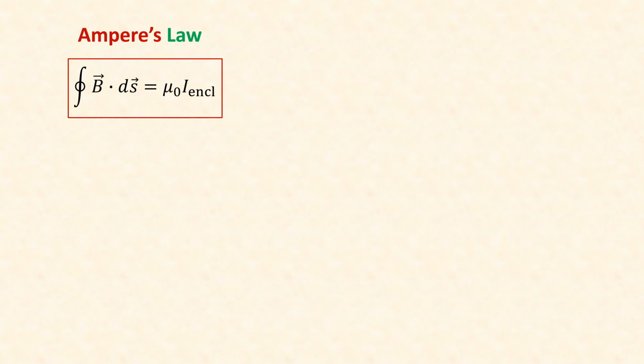Ampere's law is very similar to Gauss's law, but it is different in the sense that there's a B dot ds. It's a line integral around a closed loop. In Gauss's law, we had the surface integral over a closed surface. Here we have a line integral over the closed loop. And this equals: the line integral of B around any closed loop is equal to mu naught times the current passing